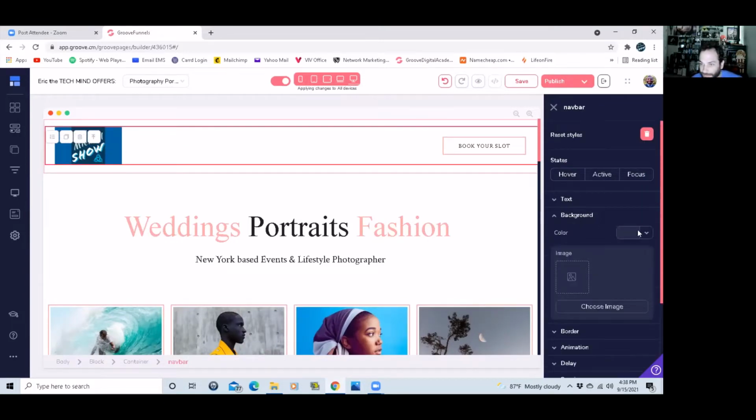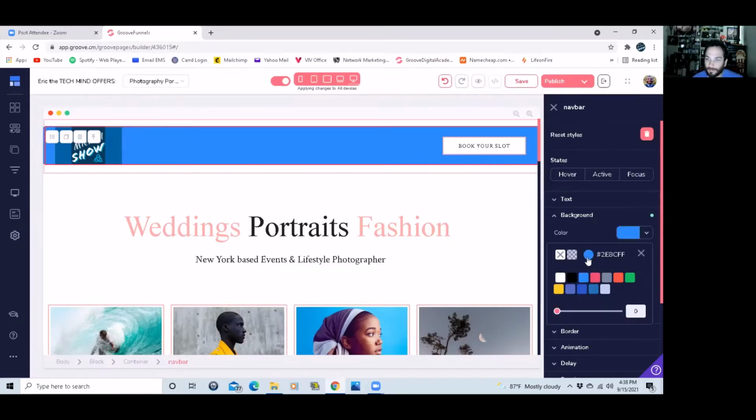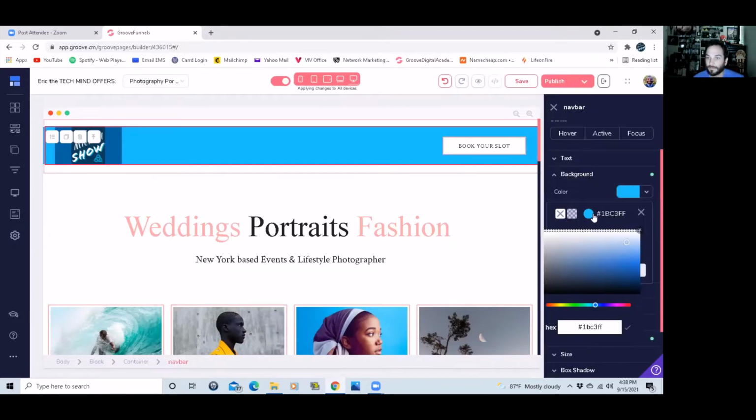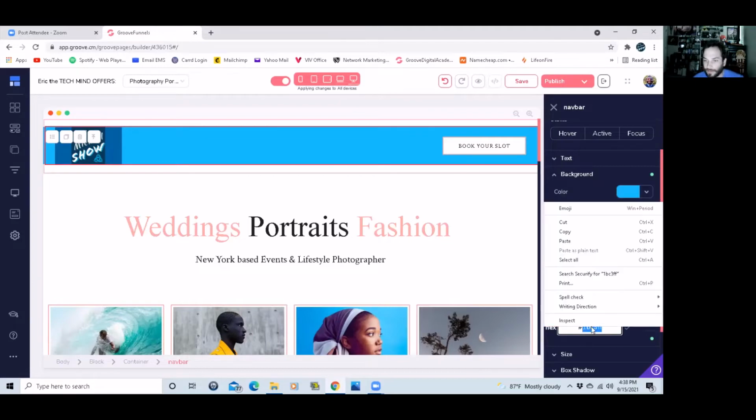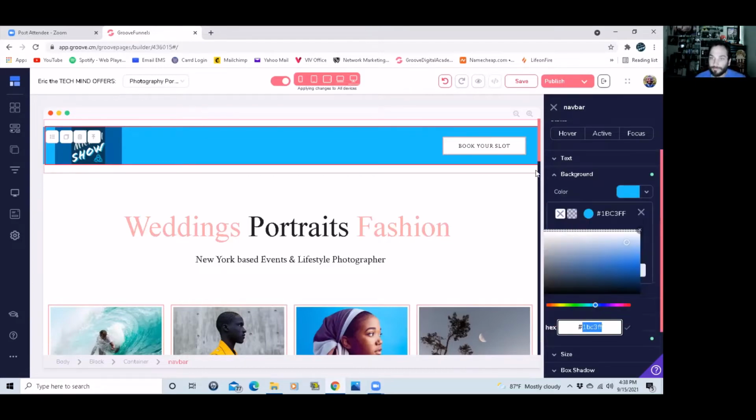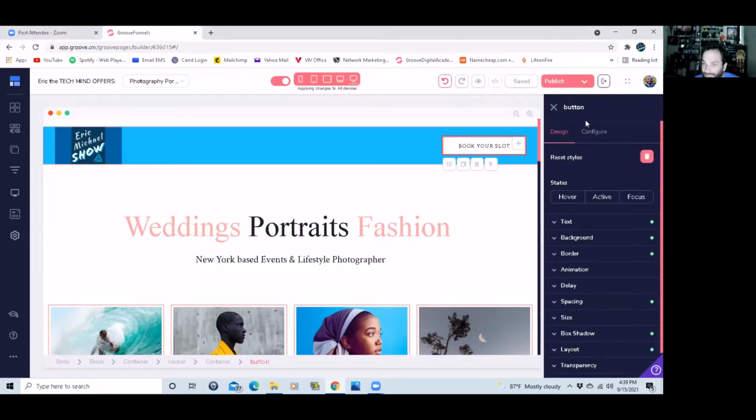Well, let's go ahead and go to the layer behind it, and change this background color to one of my light blues here. We need to go lighter than that. I like that color, so I'm going to come down here and copy that. Make sure I write that down. All right, now that I got that saved, I'm going to slide over here to this button and change it